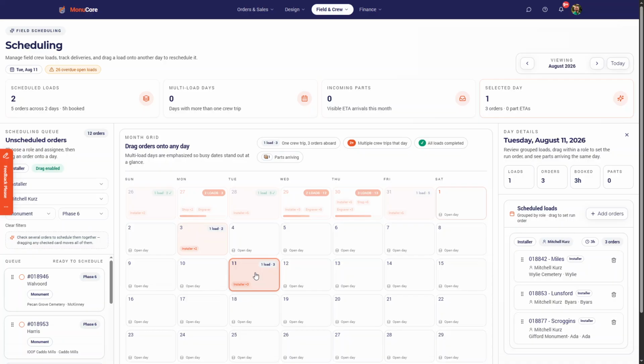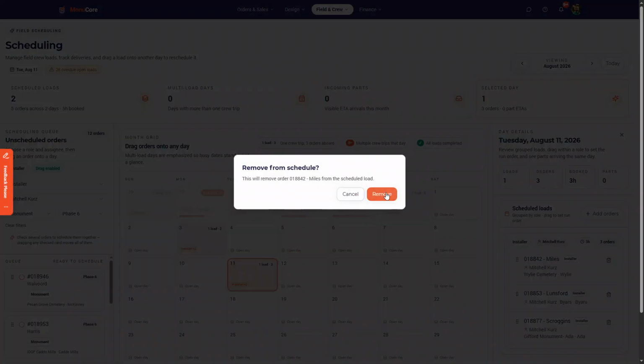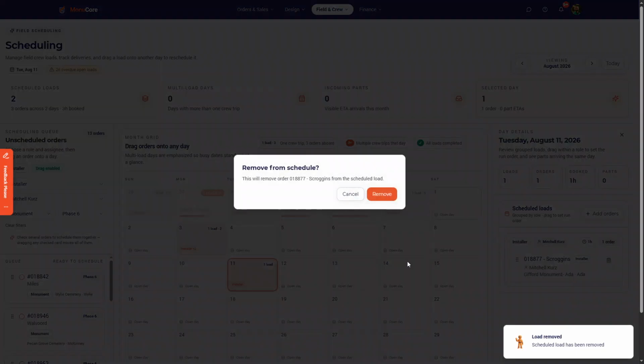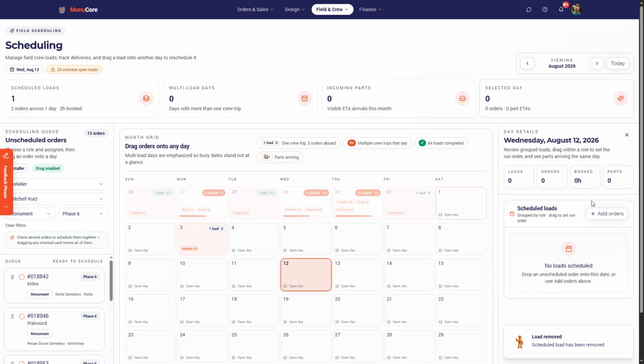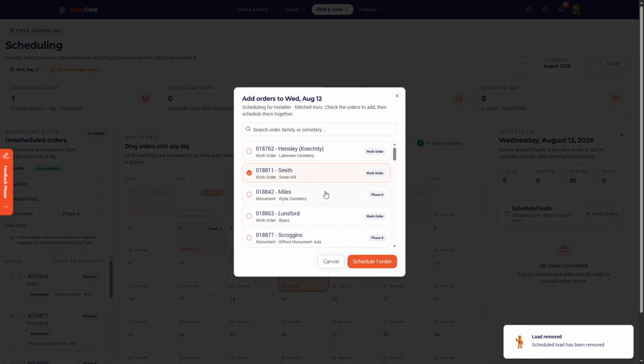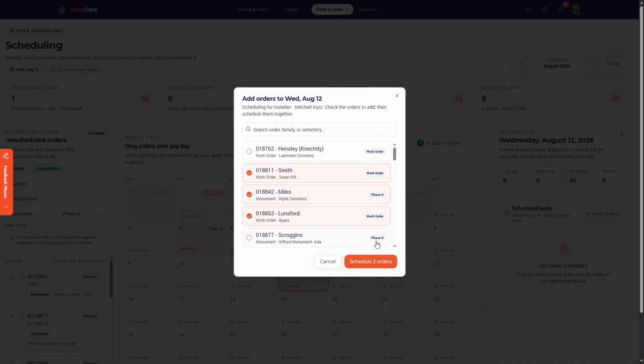These can change, so if you need to change this load to the 12th, right now the only way to do that is to delete those items from that day and then add them for another day. We're working on a way to be able to move orders and loads around from day to day, because we all know that happens. So let's schedule those,